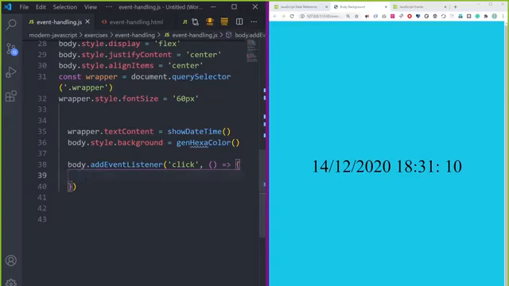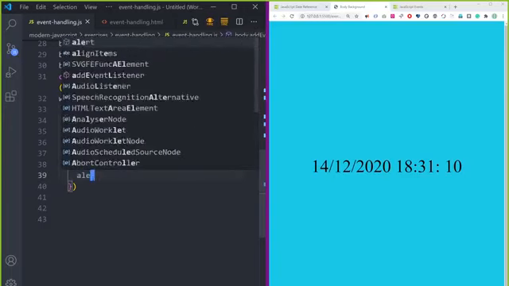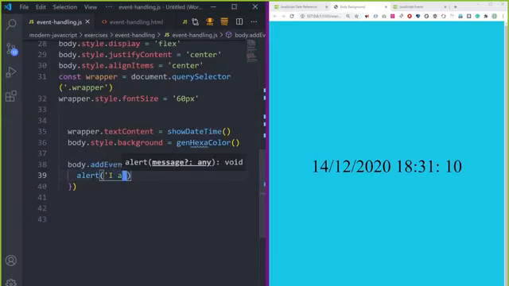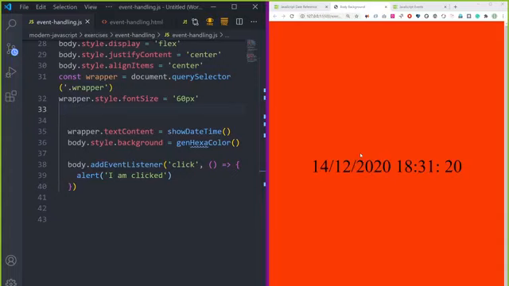Alert is just something which alerts: I am clicked. Let's see. If I click on the body, it should say I'm clicked. Have you seen? I am clicked. Okay, how about if we change this to